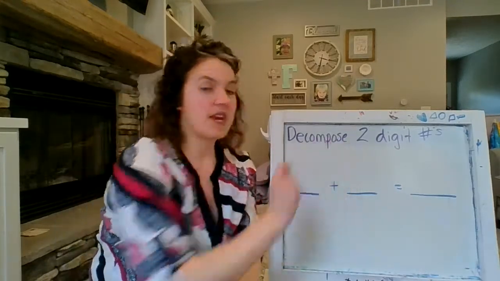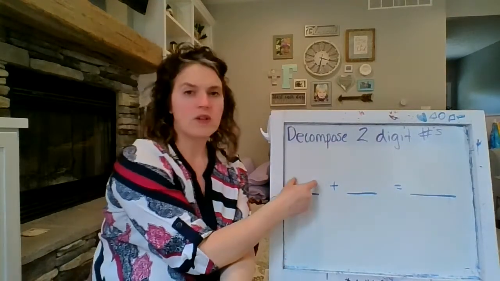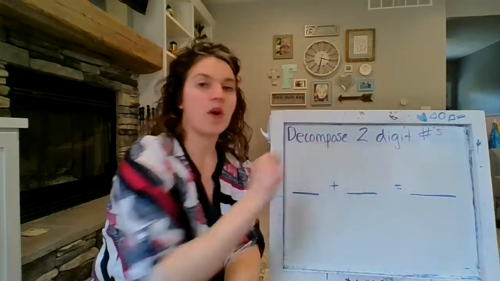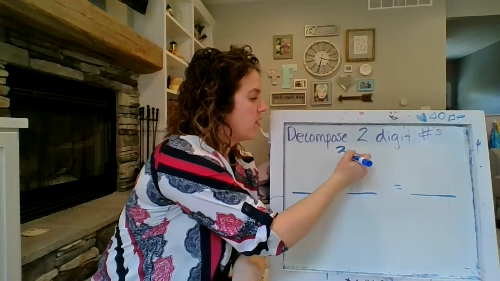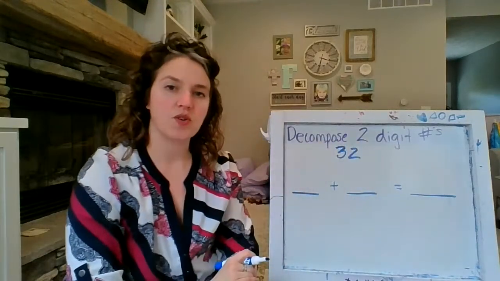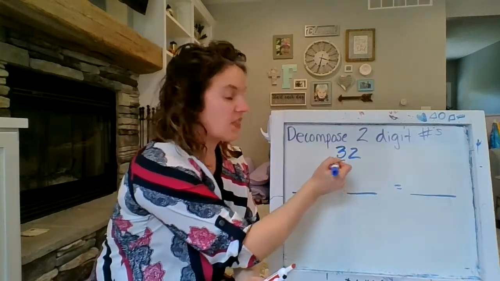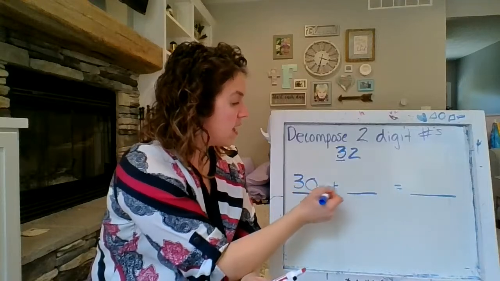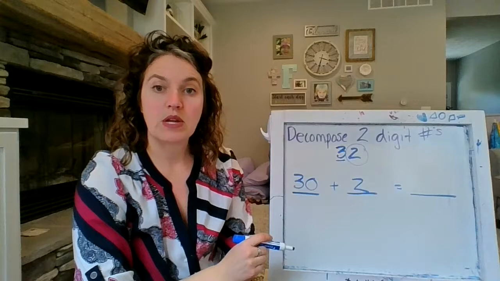So I'm going to write the number at the top. I'll give you an example. We're going to say, what does our group of tens actually mean? What are our ones? And so what is our answer? So if I started off with 32. 32 is the same as, what does that 3 mean? 30 plus 2, put it together,